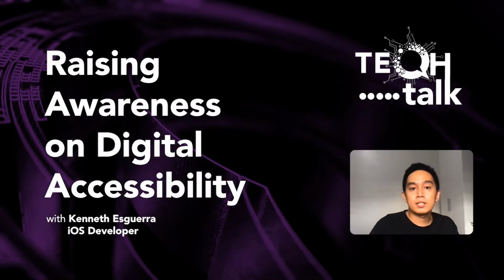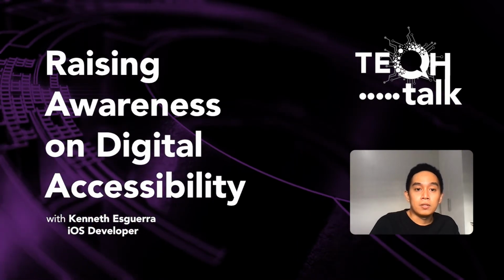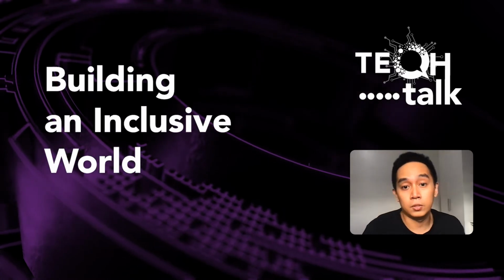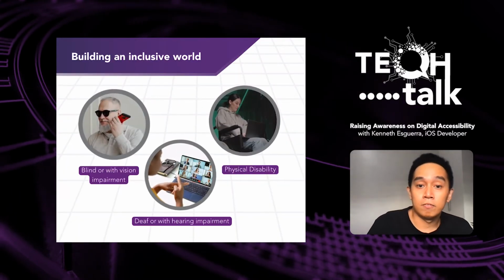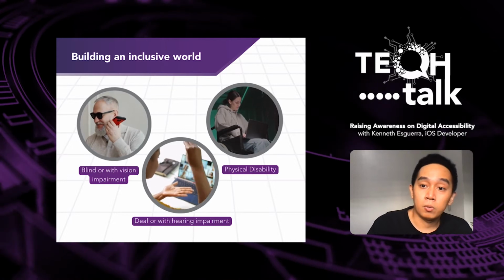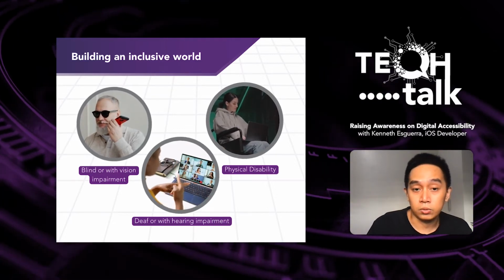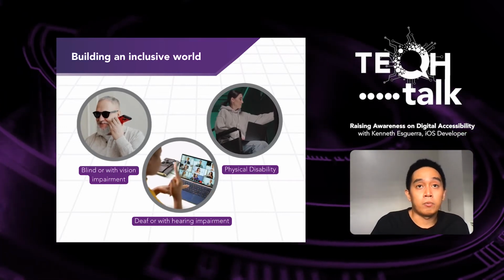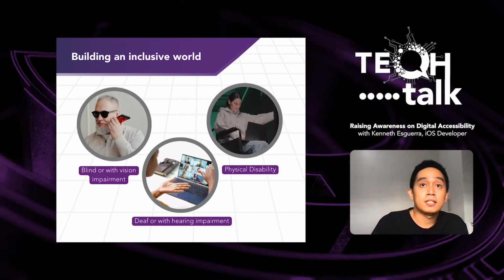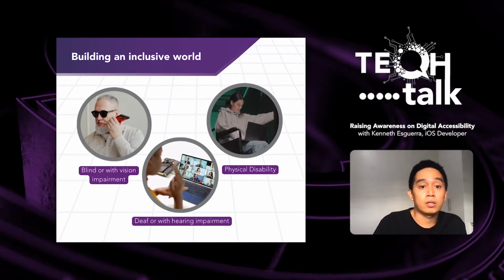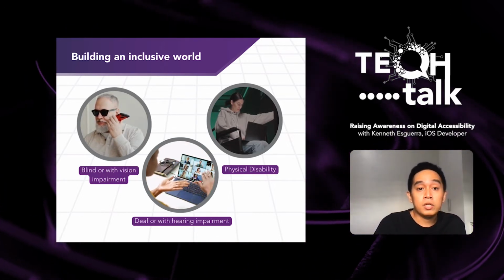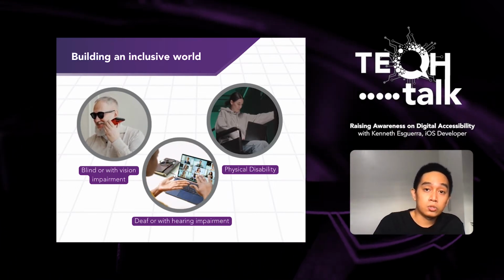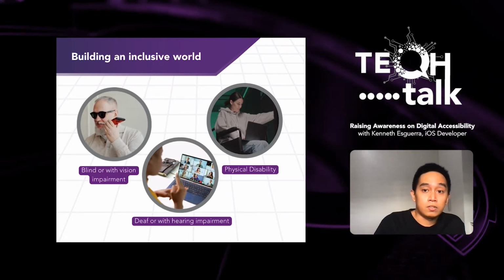iOS development. While the technology today is getting better and better, there are still improvements that we can think about in terms of helping people that you see in this slide, in these images: the vision impaired people, some people with hearing impairment, and also people with physical disabilities. So we want to make sure that we build a more inclusive world, meaning that the technology we are building, for example a mobile app or a website, will benefit these people, and that they are also going to take advantage of this technology.